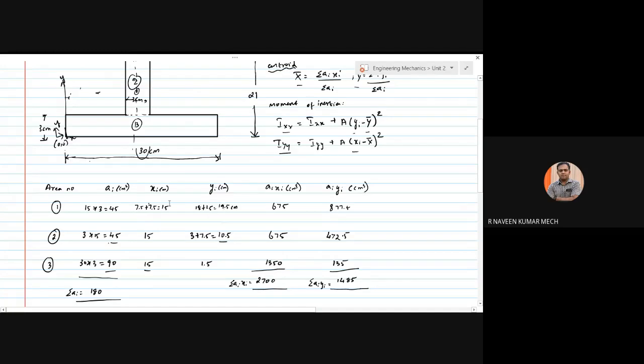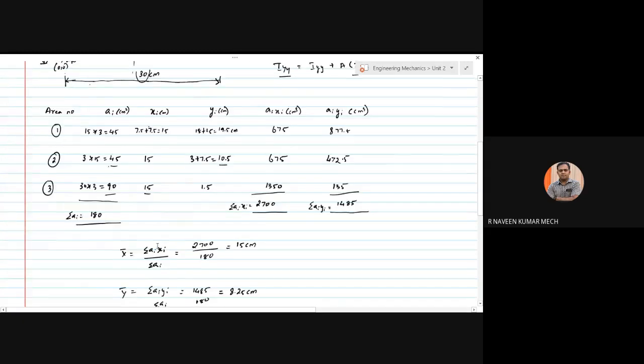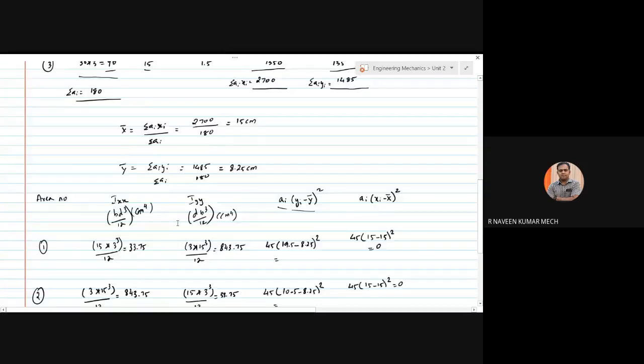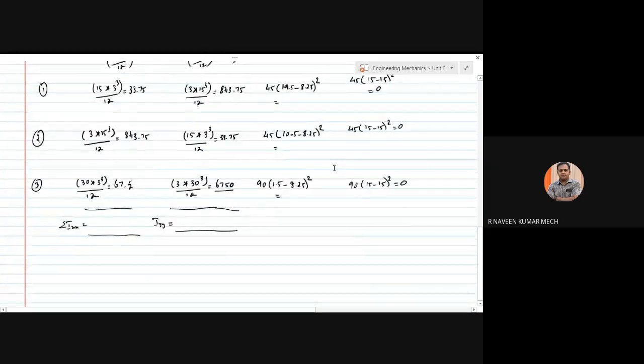Here, 19.5. This we calculated earlier, and you also solved a few problems in yesterday's class. So I hope that you are familiar with calculating the centroid. That's why I'm moving on. For the next problem, we can take a different problem and solve it using the same method continuously.